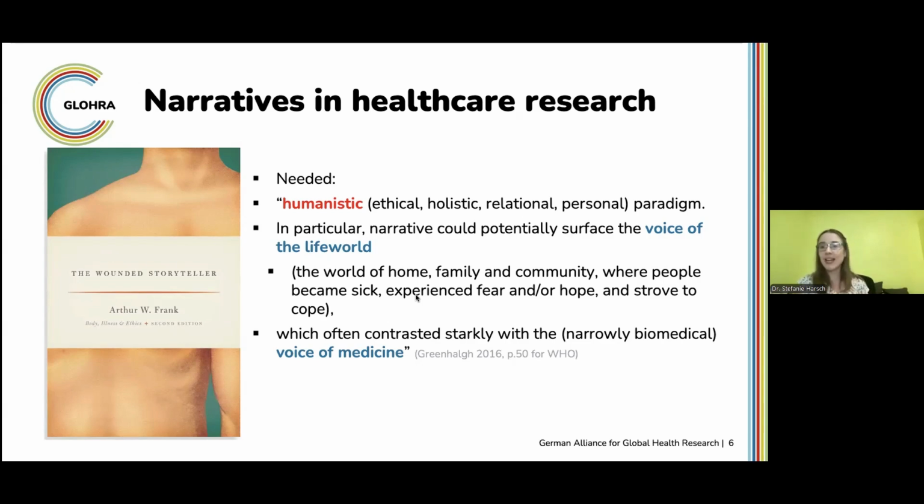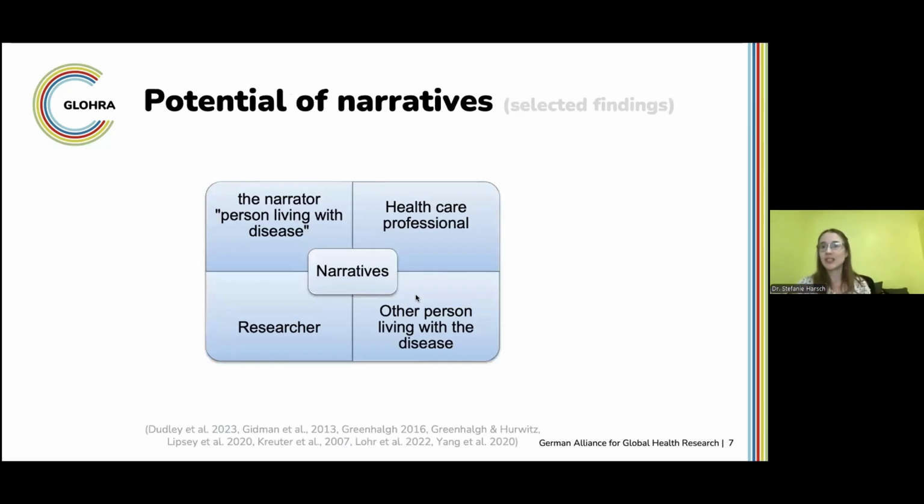And when we look at Kenya, the main discussion comes from the medical field, but not yet from people who are living with that disease. So when we look at narratives and the use of narratives in maybe research, we can look at 4 different disciplines who can have an interest in it. First of all, the narrator itself, the person living with the disease. Then also healthcare professionals, researchers, and other people who are living with the disease or who are newly diagnosed with